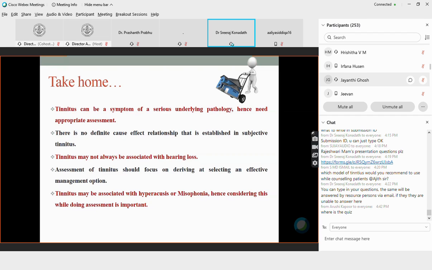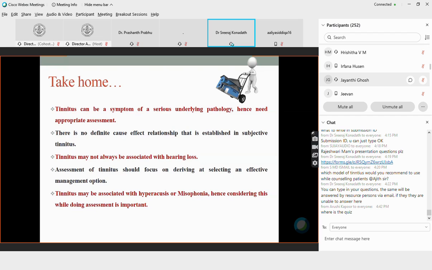Why? Because if you have a peripheral loss, that means a cochlear loss, and you give amplification to the individual, and the individual benefits from the amplification, generally what happens is the maladaptation that has happened in the brain, causing tinnitus, would get broken. If that is the case, you will naturally feel better and you will not perceive tinnitus if you were hearing it for a considerable period of time. So why you are assessing all this is basically for effective management options. So keep that in mind.